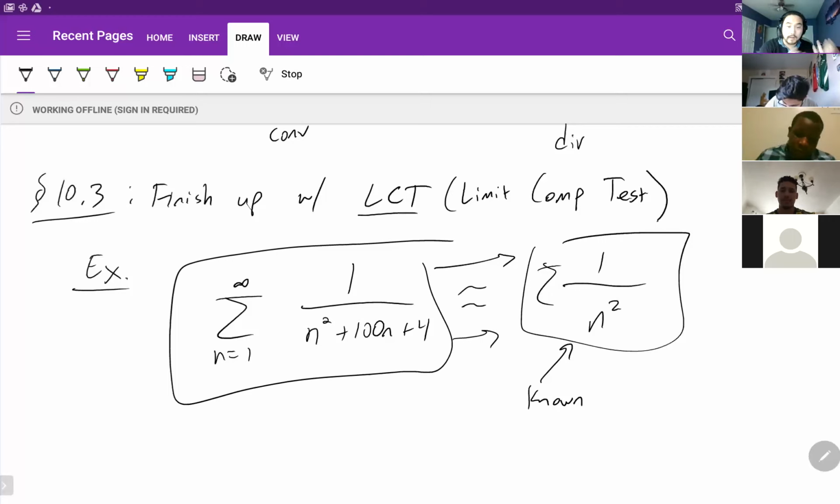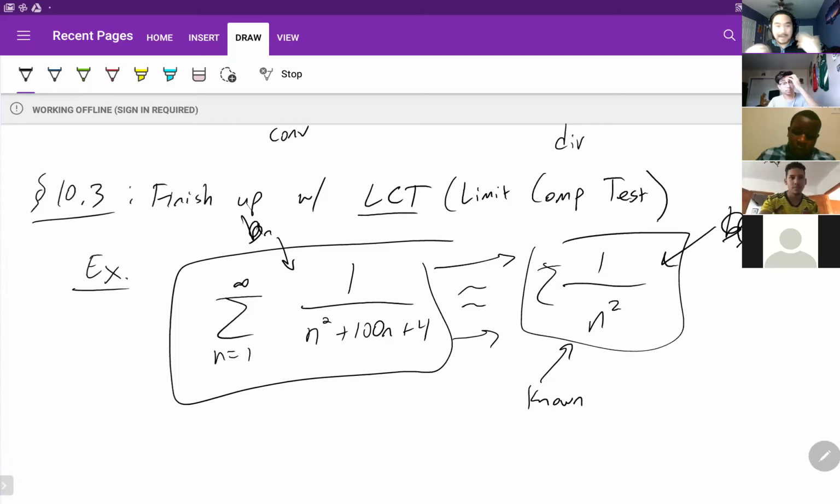So I'm going to call this B sub n, and I'm going to call the one that we started with A sub n. Did I have to do that? No, I could have said this is A sub n and this is B sub n, right? That part's not really important. I know some of you are really hung up on definitions and theorems that they give you in the book, but it's better to understand what it is that we're trying to do, right? So I think it's better if you just label it as the one that you know and the one that you don't, and put the labels on.